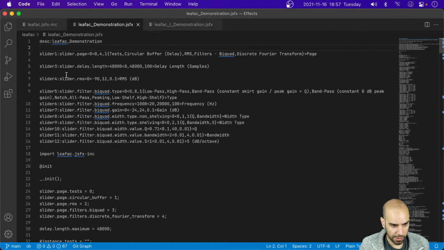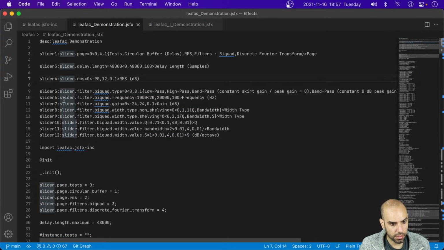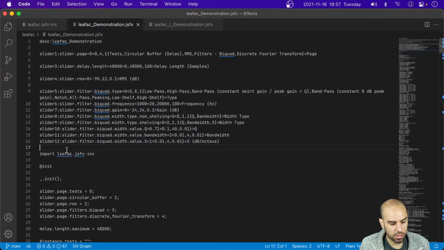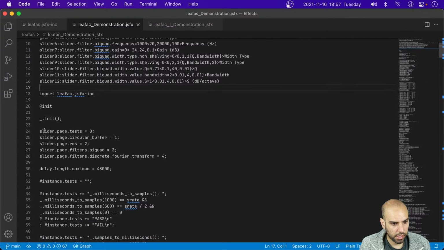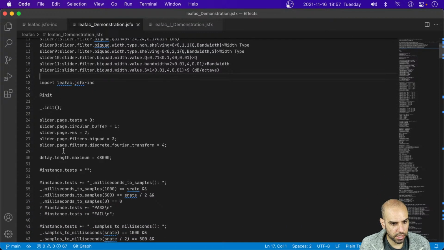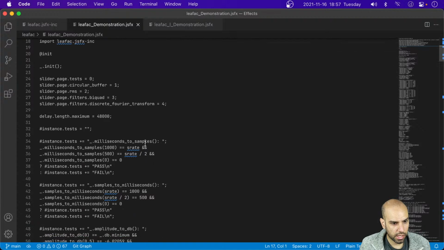All these slider variables are namespaced. I want to see it without line wrapping like this. Great. And I will be the first to admit, this is a very long variable name, but it is what it is. I think I like it this way. Then all these make sense. Then this